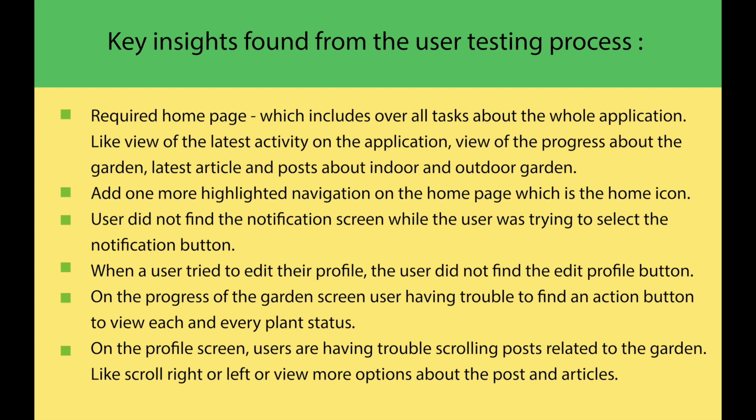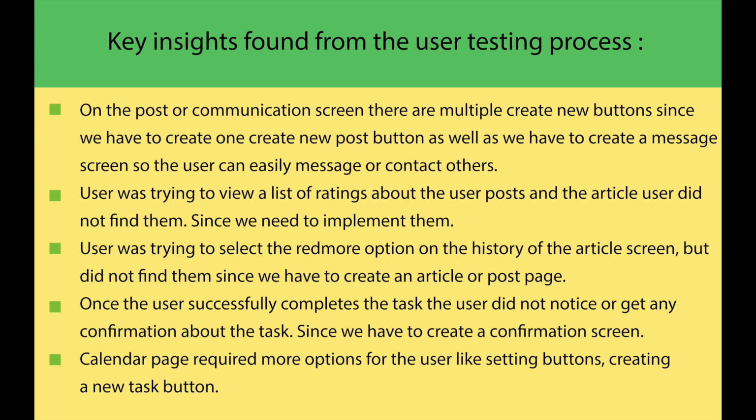On the profile screen, the user had trouble scrolling posts related to the garden, like scrolling right or left or viewing more options about the post and articles. On the post or communication screen, there are multiple create new buttons we found, since we have to create one